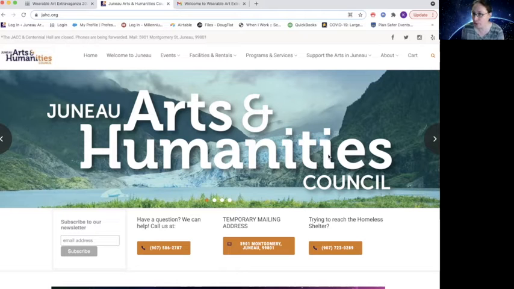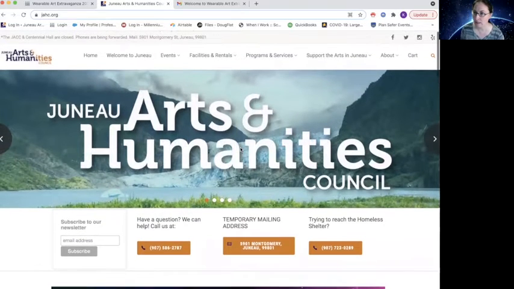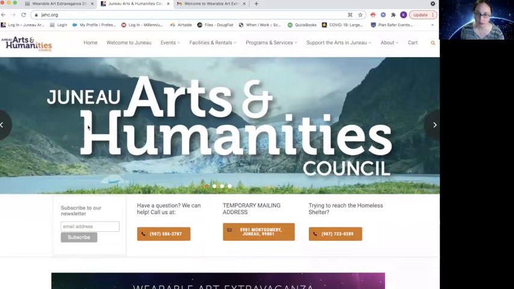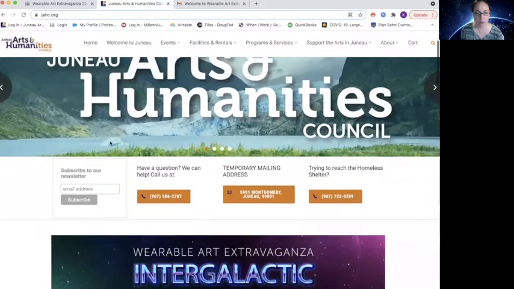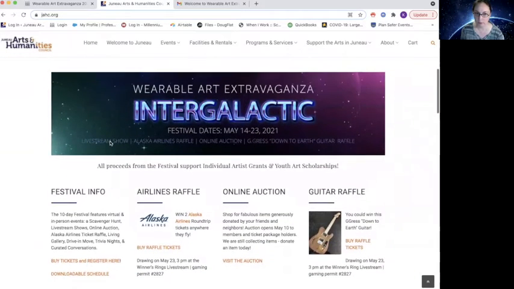Our venue for what's happening this year. There are a couple of different ways that you can get to our venue or online platform. One of them is by going to the Juneau Arts and Humanities Council website. And if you see here on our homepage, wearable art information is right up there front and center. And down here in the buy tickets and register link, that will take you directly to the wearable art page